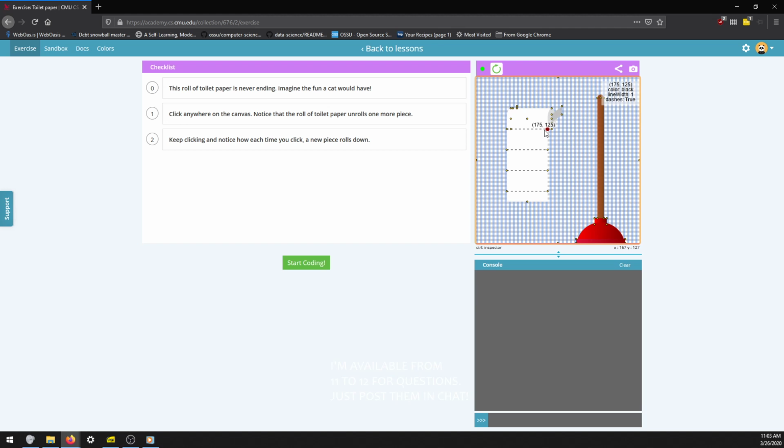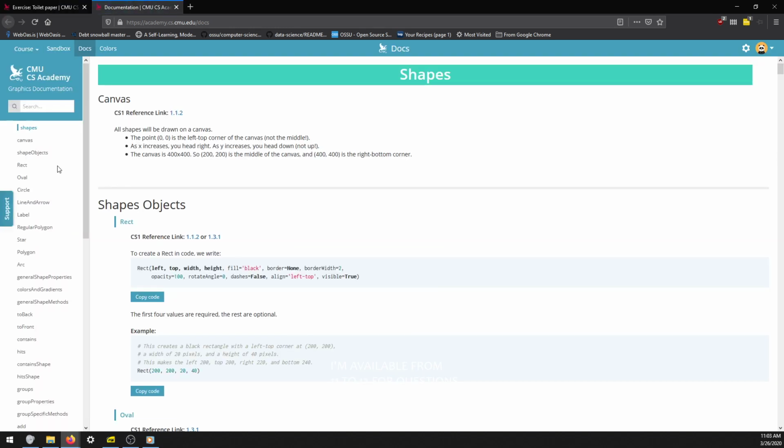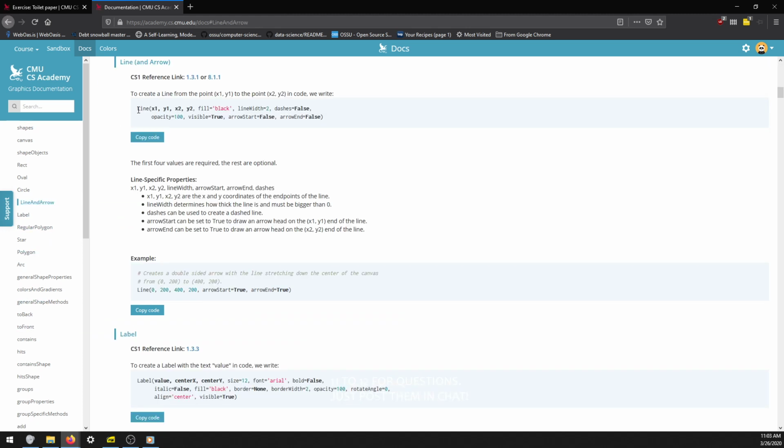So you have the ability to define a line, and we can also specify when we create a line that we want it to be a dashed line. If you go to the docs up here, I'm going to open this up so you can see that as well. In the docs, if I click on line, I believe it was called line and arrow. When I create a line, I have to give my starting location and ending location. Fill, we can say, is black. We're going to set line width to one, and then this is the one that you're going to add. You can also add a parameter for dashes, and if you change that to true,